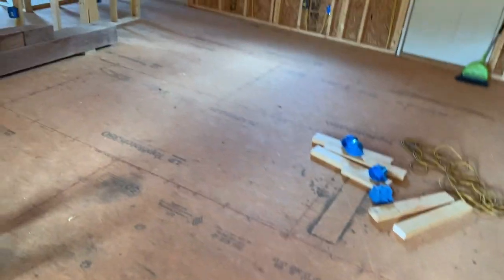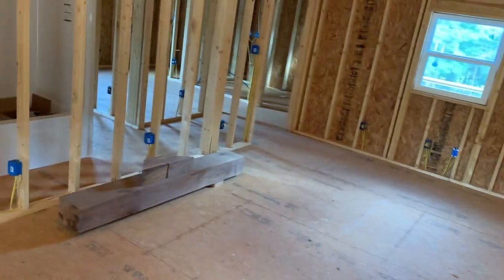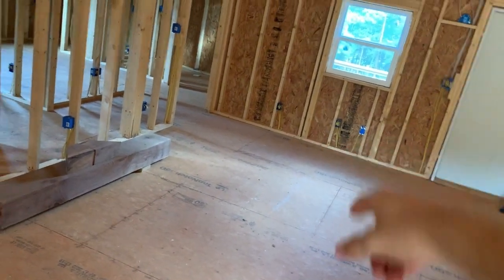We got some more stuff around in here. We had to clean. As you can see, it's a little cleaner in here. Spray foam guys are coming in a couple of days, so we had to get everything done that's on the outside walls where the foam's going to be. We went around, swept decently, and we took a shop vac around all the walls on the edge of the floor and in between the studs,